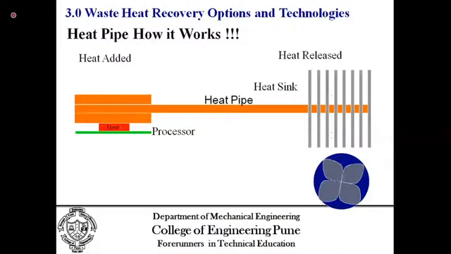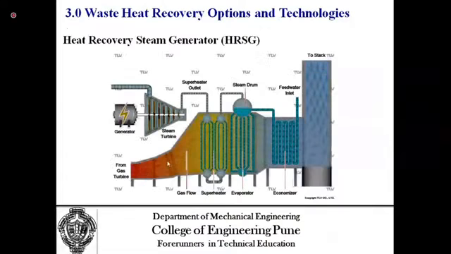This is how in industry the waste heat is recovered. Please see this figure carefully. There is heat from a gas turbine, and before this, exhaust gases from the gas turbine are released to the atmosphere. Feed water is heated in the economizer. Then there is a boiler. This boiler receives the hot feed water, and this is an evaporator, the waste heat boiler.